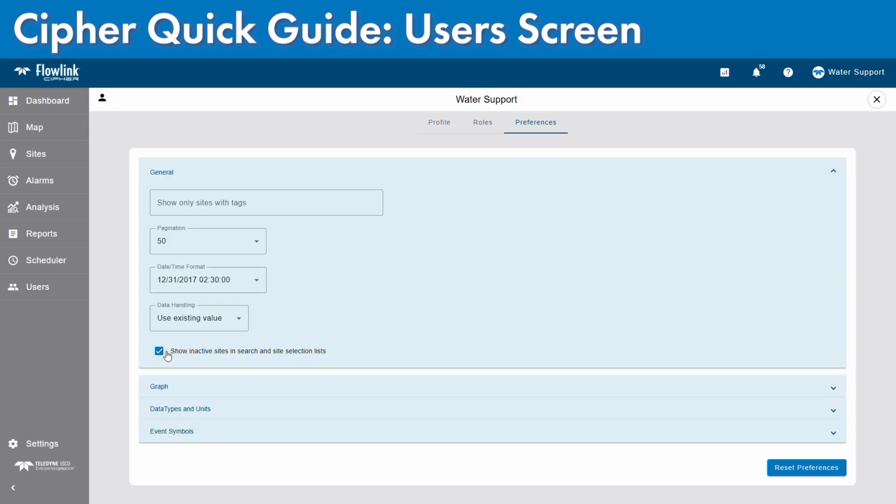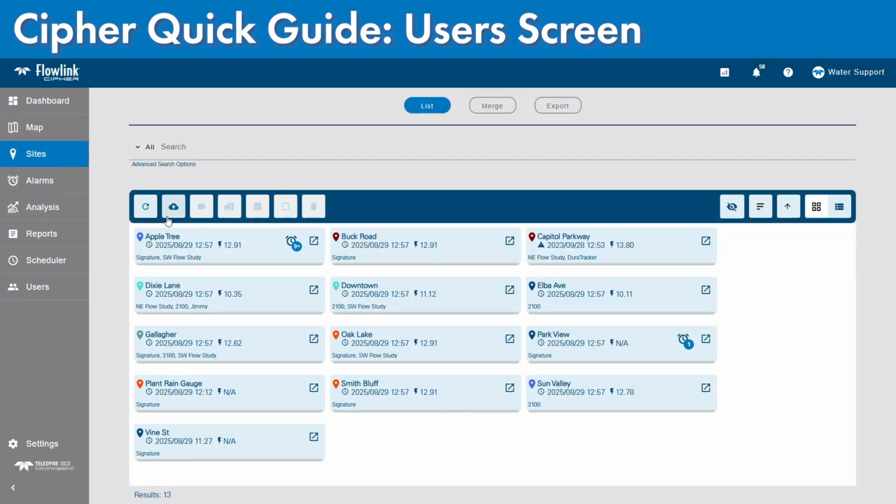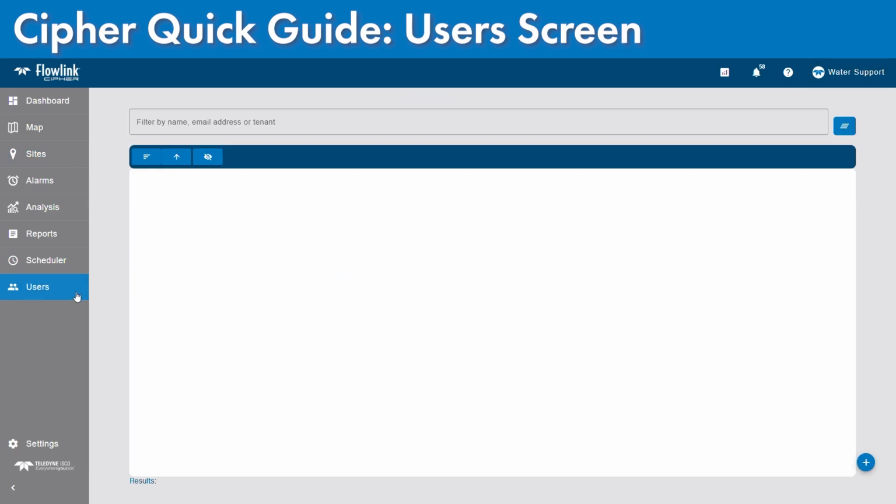You can choose to show inactive sites when you do searches. By having this checked by default, you will see inactive sites when you look for those inactive site areas under sites here. If I choose the button over here, I can see that this site is deactivated. If I had that actually checked off,